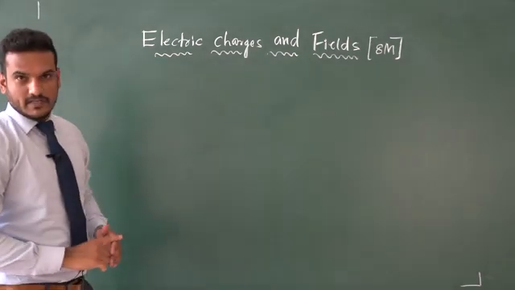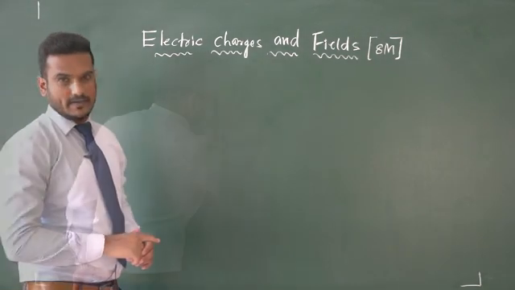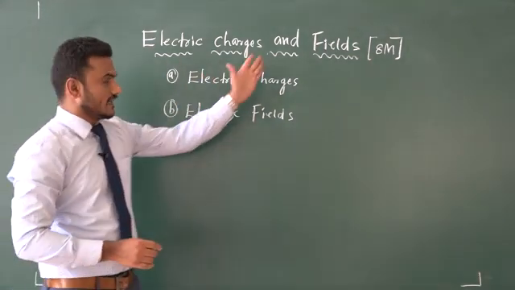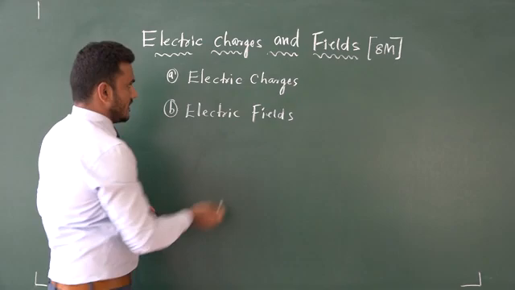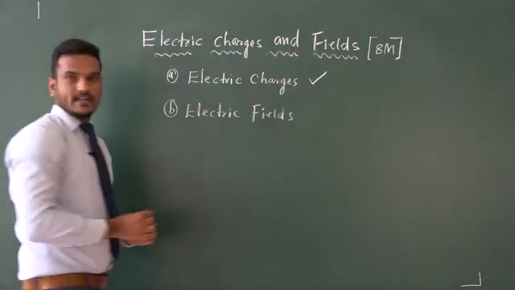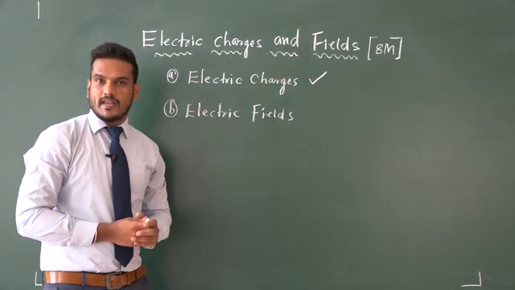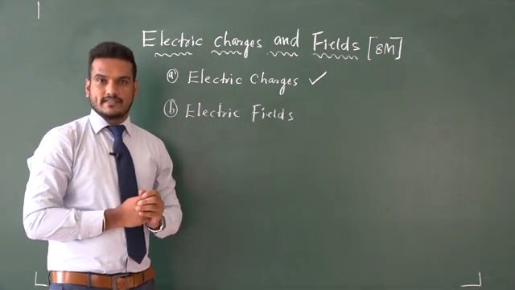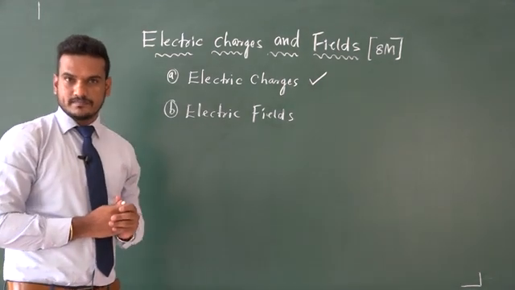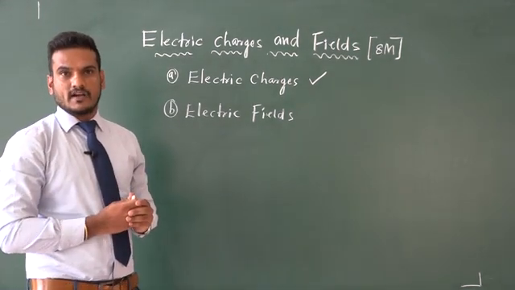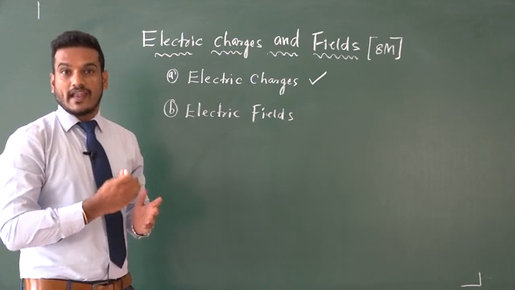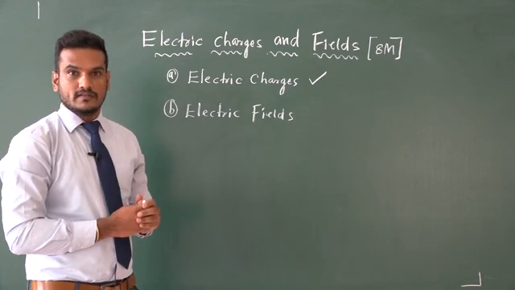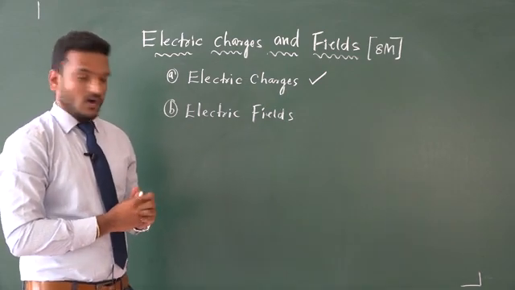In this chapter there are two important concepts we are concentrating on. These two are the major concepts in the first chapter, electric charges and fields. Let me start the first concept, that is electric charges. What do you mean by electric charges? To understand the concept, we need to know what exactly the subatomic particles are. Subatomic particles are the particles which are smaller than an atom. The three major subatomic particles that form an atom are namely